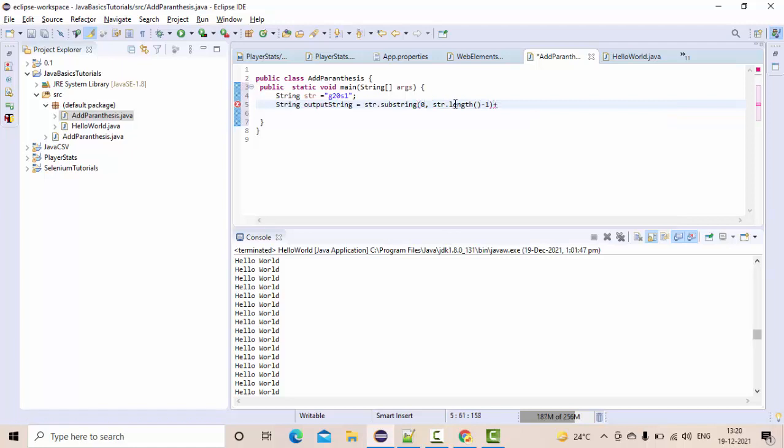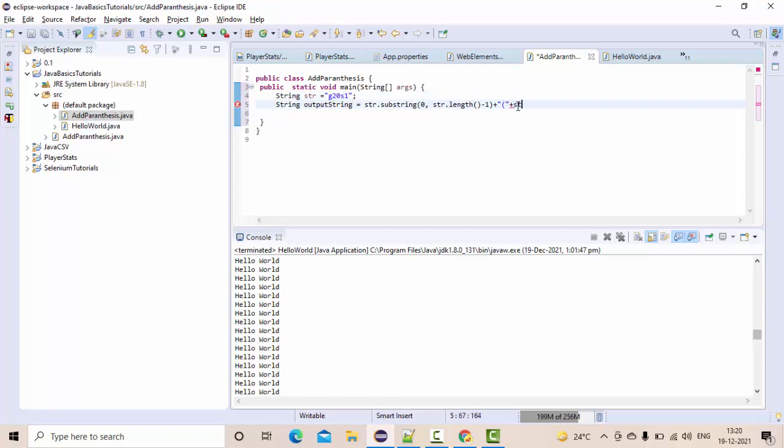Then you add the parenthesis here, something like this, then the remaining string. Till here is handled, 0 to length -1, and I have started the parenthesis.